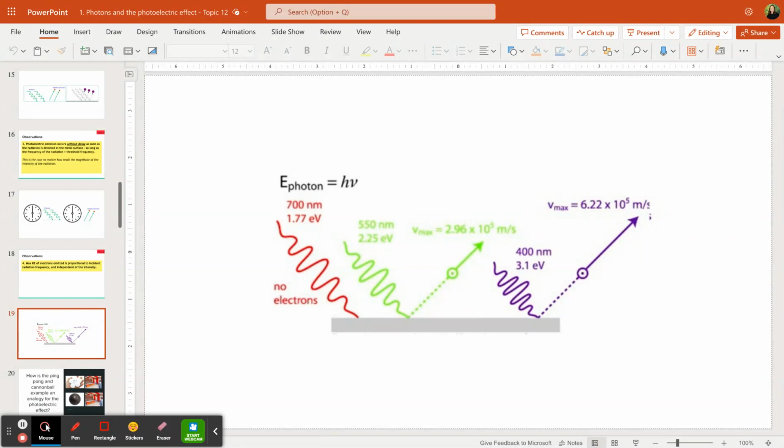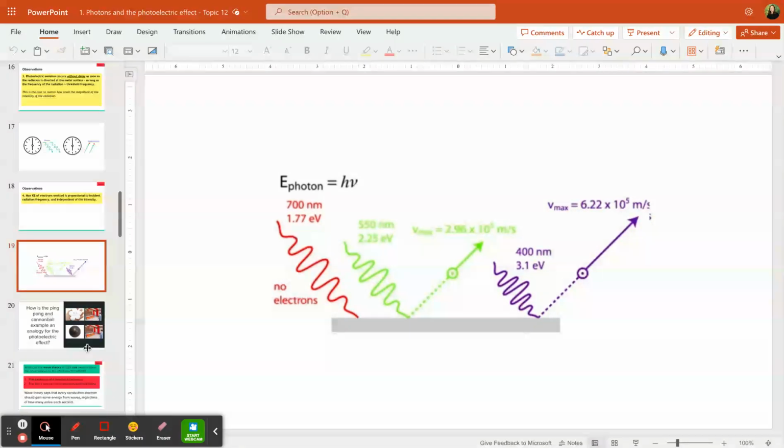But it doesn't matter if I send in 1,000,000 violet photons or 1 violet photon, each electron kinetic energy value is determined purely by the frequency of one of those photons. It won't become higher because there was more light shined on the surface in terms of photon number.